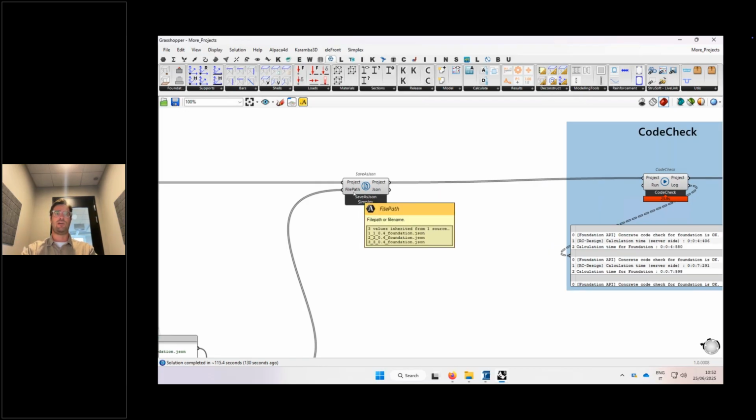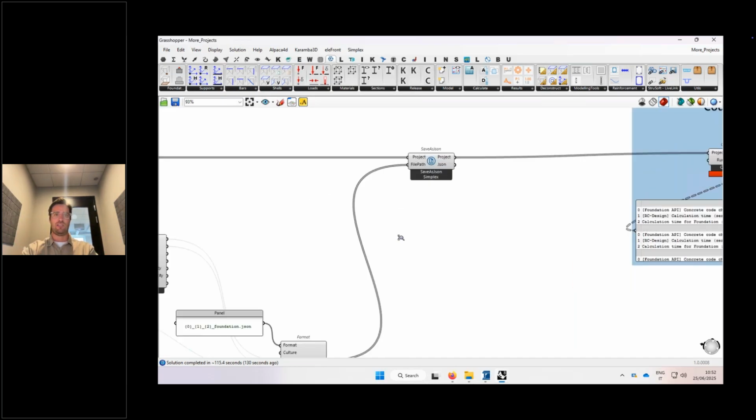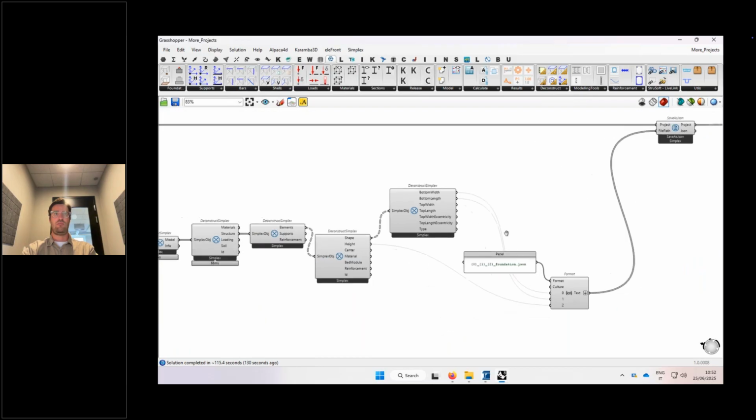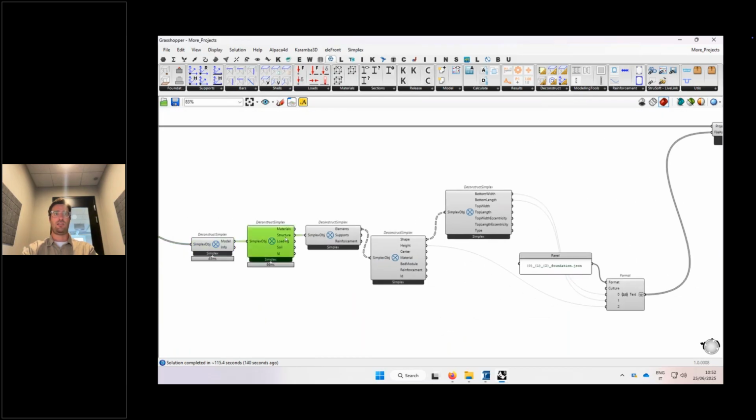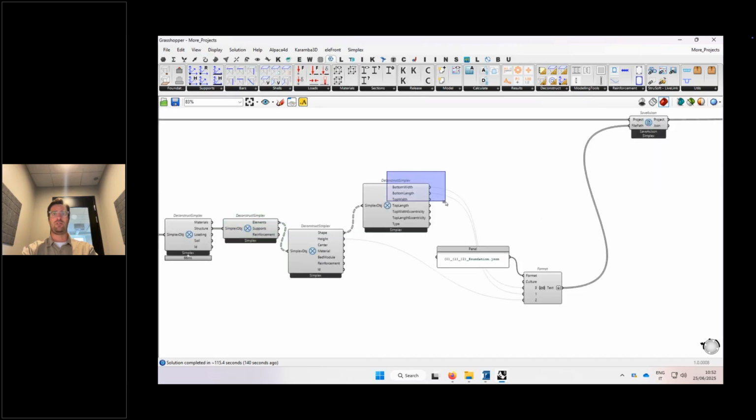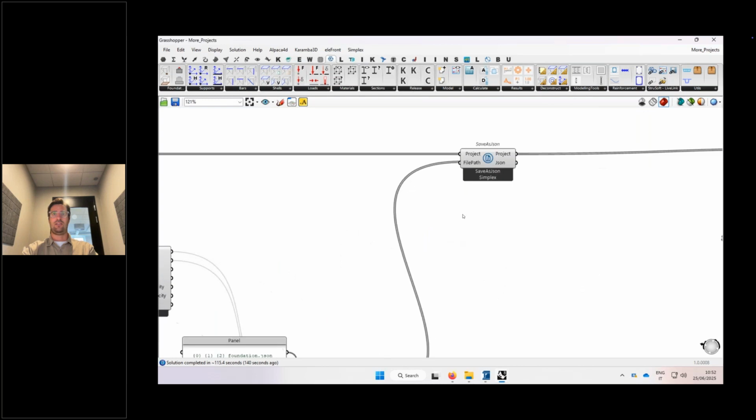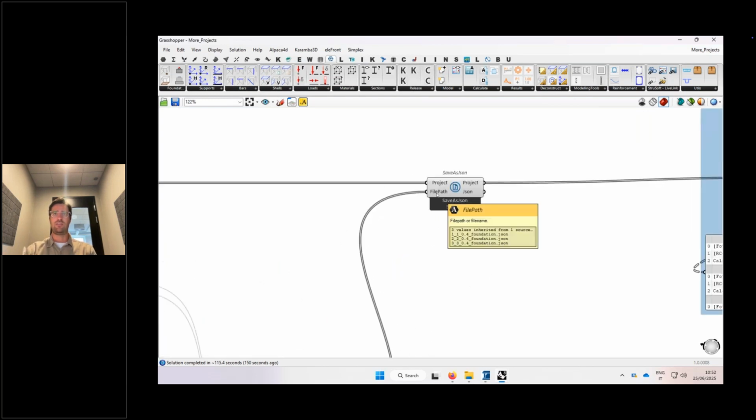I can just specify a file path created programmatically. In this case, from my model, I get the structure, I get the elements, and I get the geometry information: the length, the width, and the height. And as you can see, I'm just saying, can you please save my project with this text, 1 by 1, 0.4,